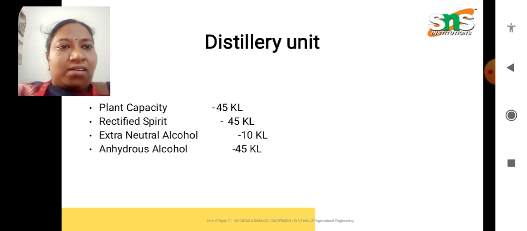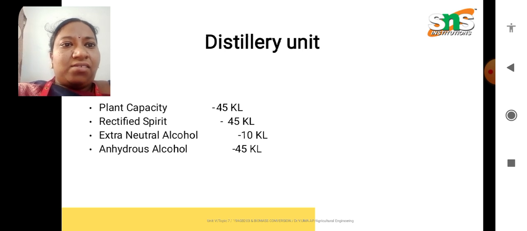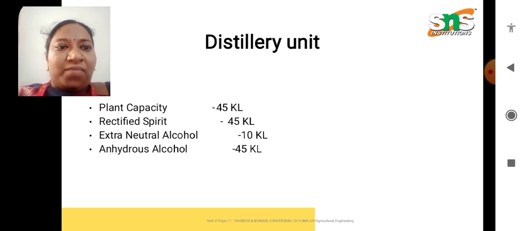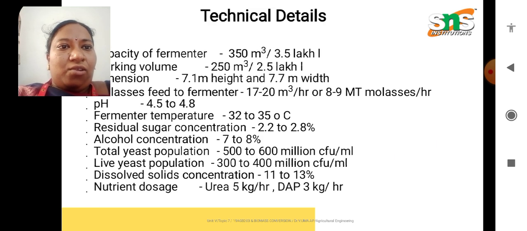Next we'll study the distillery unit. The plant capacity is 45 kiloliters. The rectified spirit is 45 kiloliters. Extra neutral alcohol is 10 kiloliters, and anhydrous alcohol production is 45 kiloliters. So these are the technical details of the